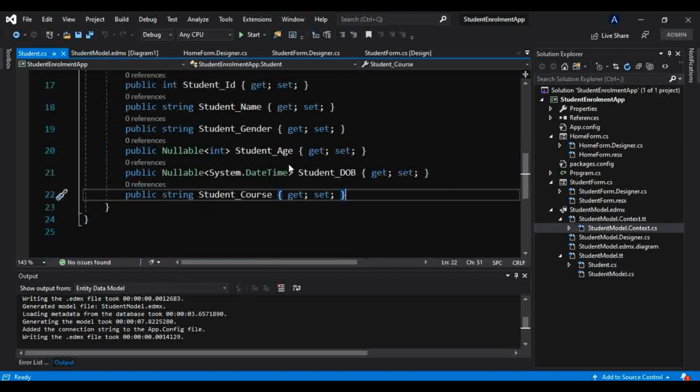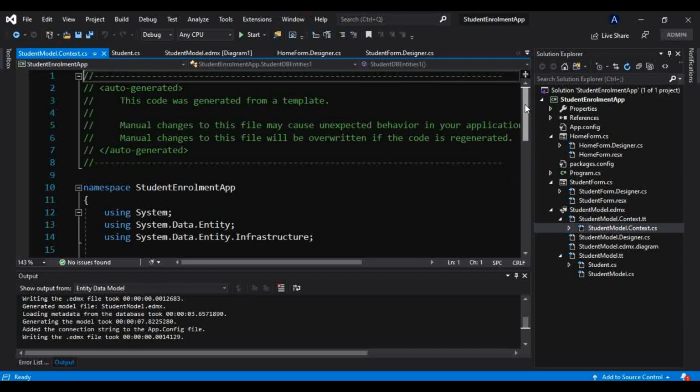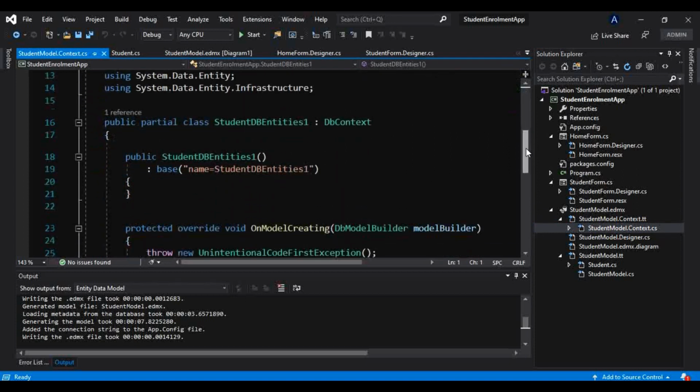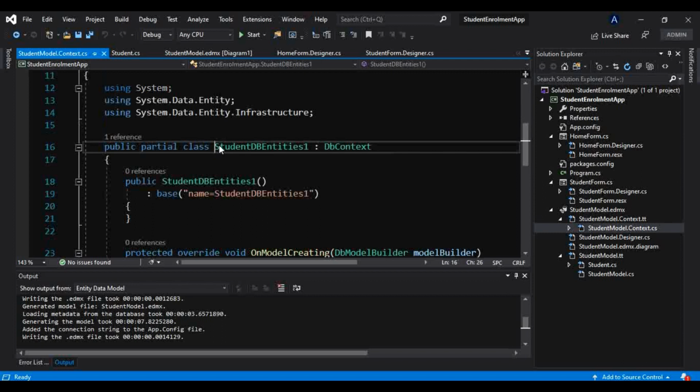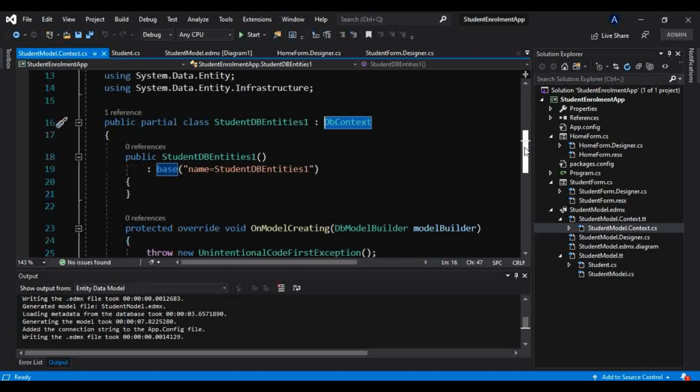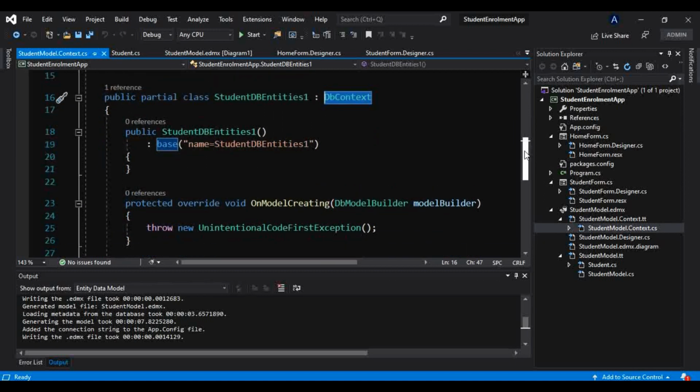Again, what Entity Framework has done for us: if you go to this student model.context.cs, in this you will find it has created the class StudentDBEntities1, and it makes this class inherit from DbContext. This DbContext class is responsible for making the database connection with our SQL Server database.